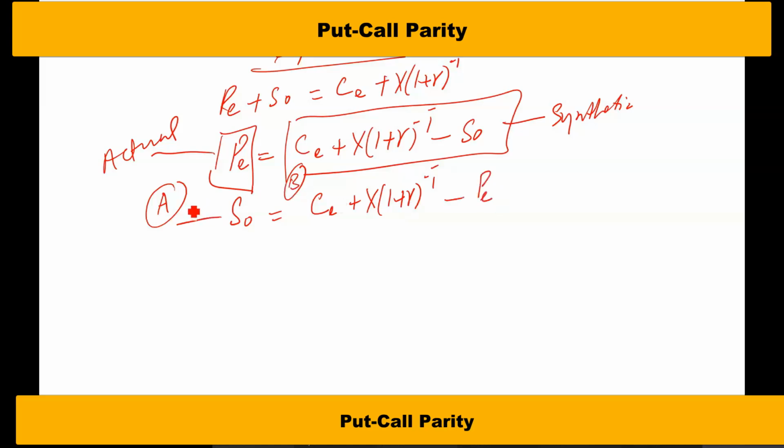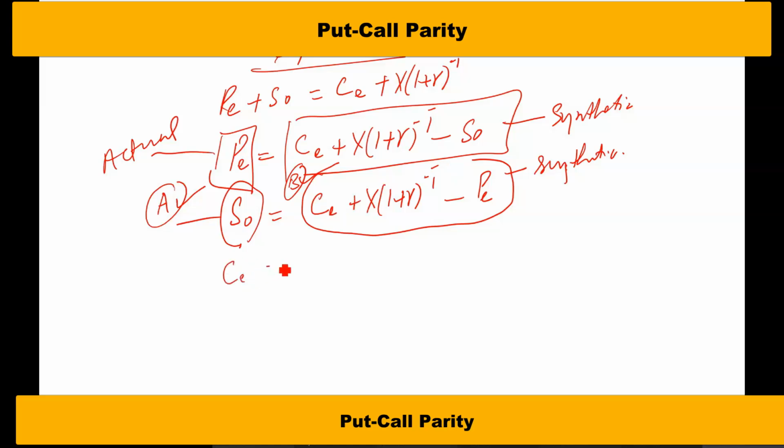So the payoff Mr. A gets will be equal to the payoff Mr. B gets, because Mr. A has an investment in the actual stock and Mr. B has an investment in the synthetic stock. And because of the put-call parity, the payoff of these portfolios will be the same. Similarly, if somebody wants to invest in the call option and another person wants to replicate,